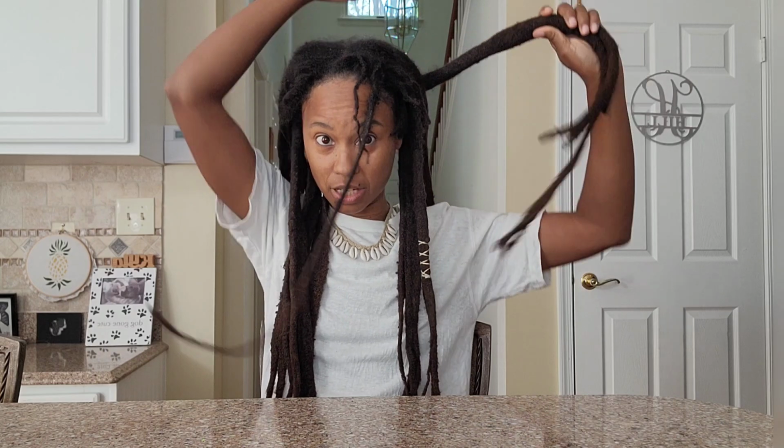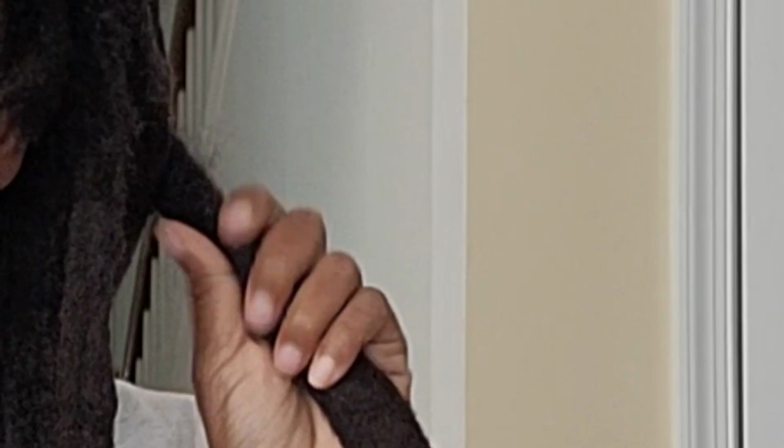I didn't really start growing this. I call it my second set of locks. I didn't really start growing this second set of locks until the last couple of years. And a lot of times when I do start growing these smaller locks, they might end up growing together. For my roundest lock, because not all of my locks are completely round at this point, some of them are flat, this is probably my roundest lock, and it stayed in